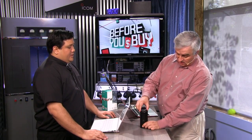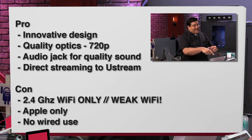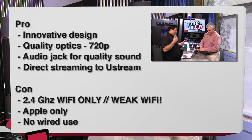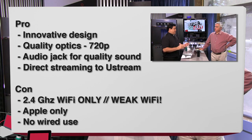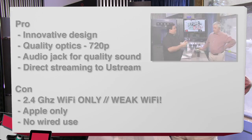Well, let's get your pros and cons. On the pros, I love the design. Everything from the way the camera's created to the fact that it fits in its own stand, which is kind of cool. It's forward thinking. I also like the fact that it's got decent quality optics, and if you get a strong Wi-Fi signal, it does look crystal clear. I also like the fact that they did things like including an audio jack because they understand that a lot of people are going to want to put...